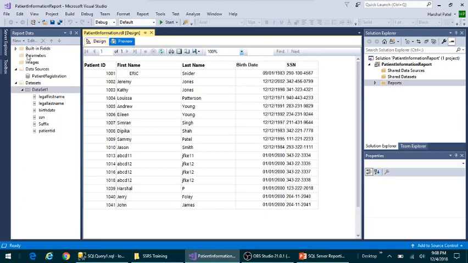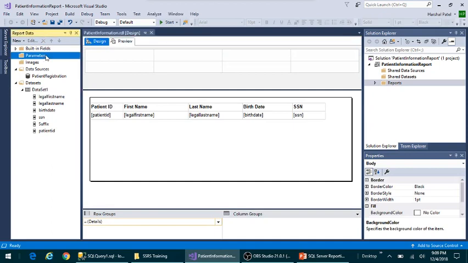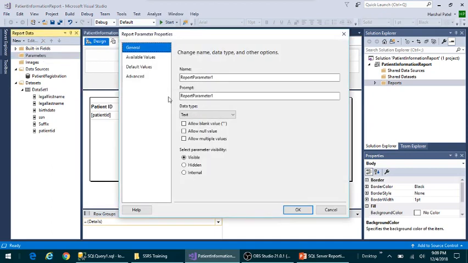Make sure you are in design mode. So you click on the design and then go to the field parameters and say add parameter. And here you can name it anything you like, but I'm giving it the name patient ID. Prompt is nothing but providing the instruction to the user. Here you can say anything. Please enter patient ID,